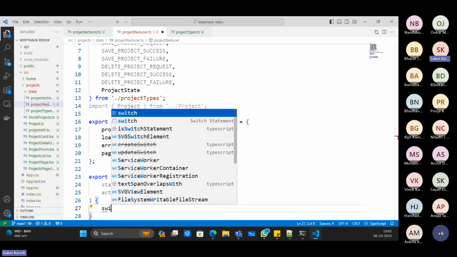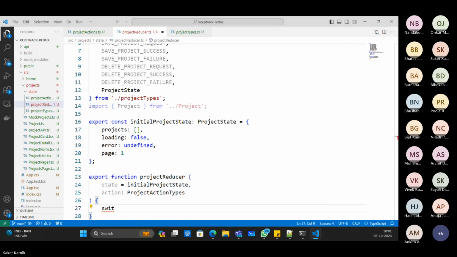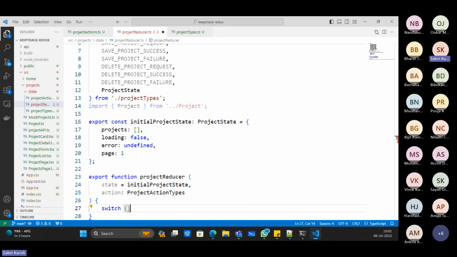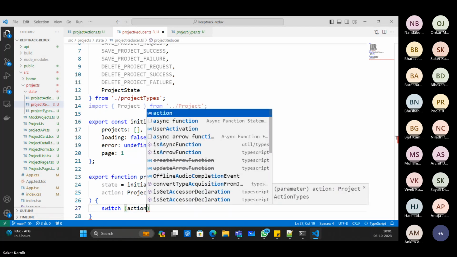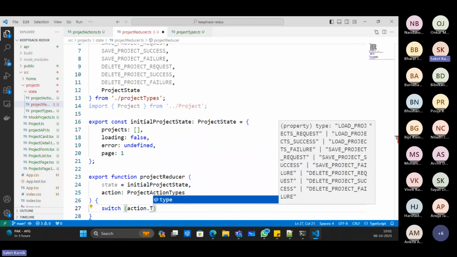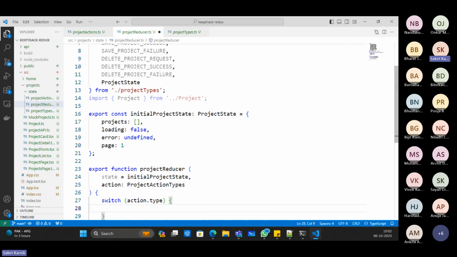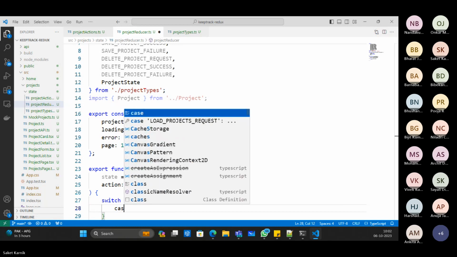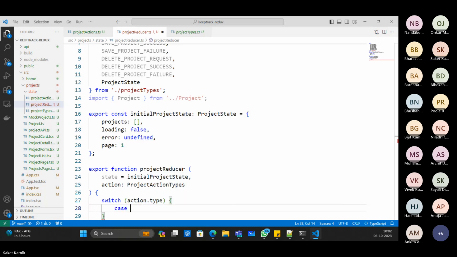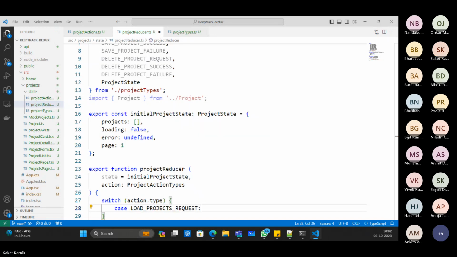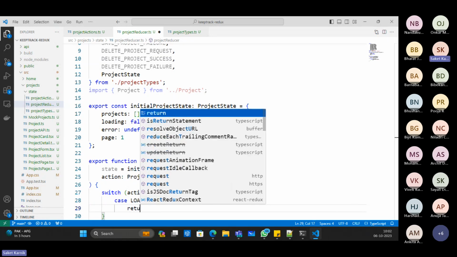Here we have the switch case. This is the logic which actually makes this reducer behave like a facade. I say, what is the action type being requested? If the case is load project request, return,